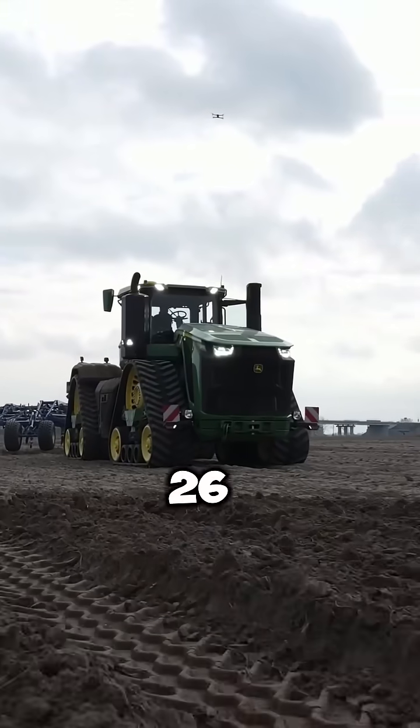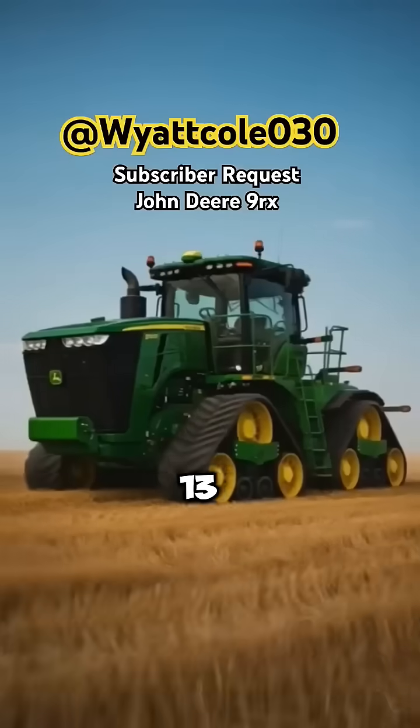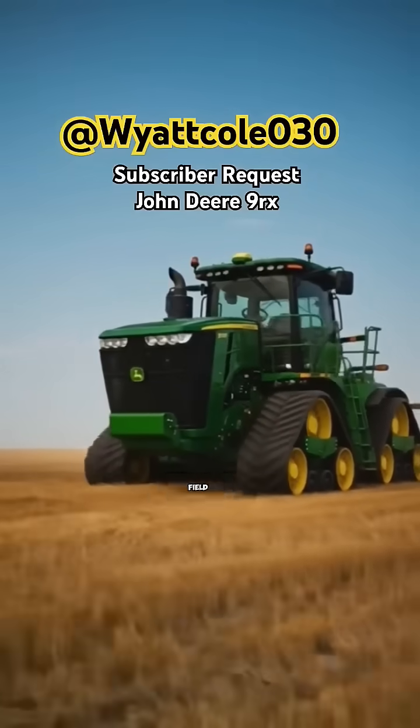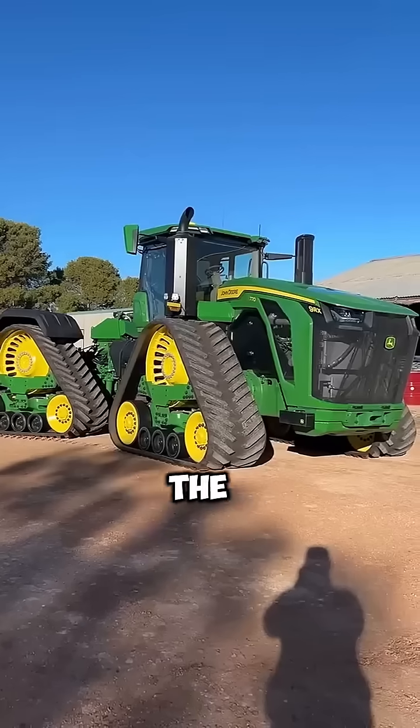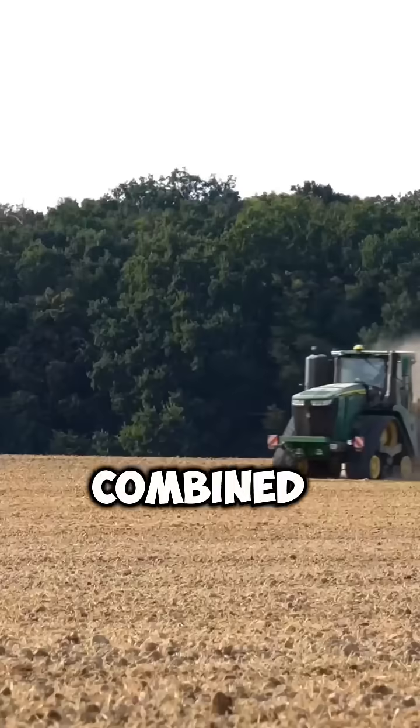This giant stretches over 26 feet long and nearly 13 feet tall. Watching it move across the field feels more like seeing a tank in action than a tractor. Step inside the cab and you'll find comfort and technology combined. Climate